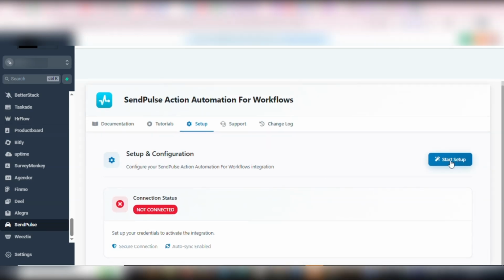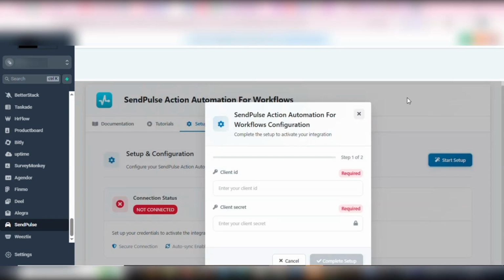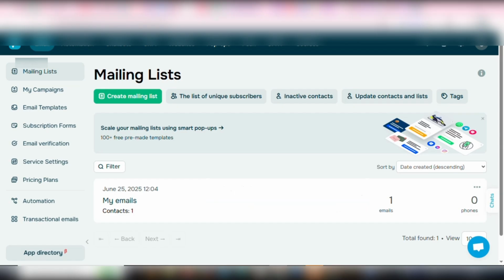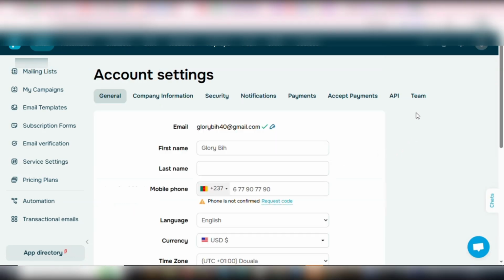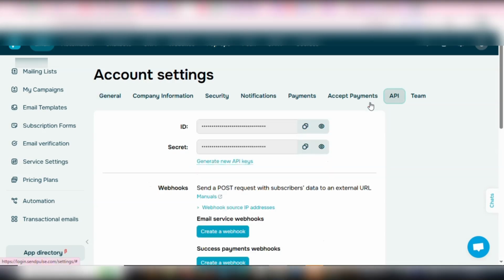First thing, we're going to click on the Start Setup button and we're going to head over to Online. Once you're here, click on your profile icon. From the drop-down menu, you're going to click on Account Settings. On the Account Settings page, you're going to click on API and view your client ID and your client secret, and you're going to click on the copy icon, copy your client ID,